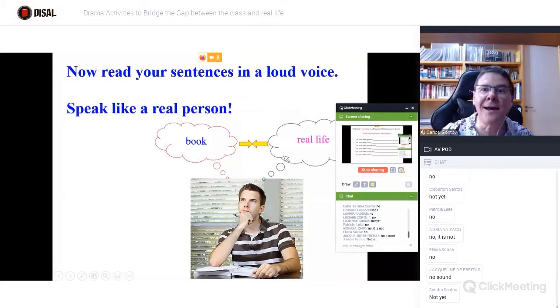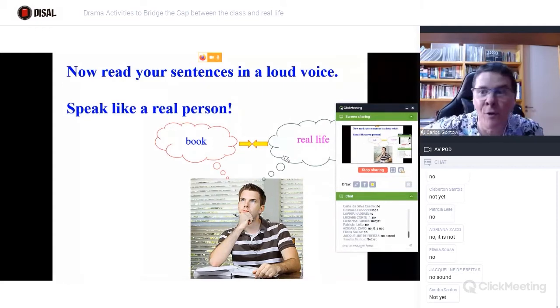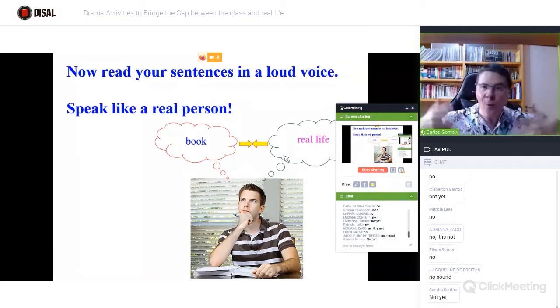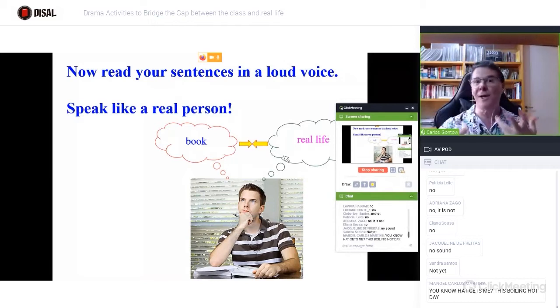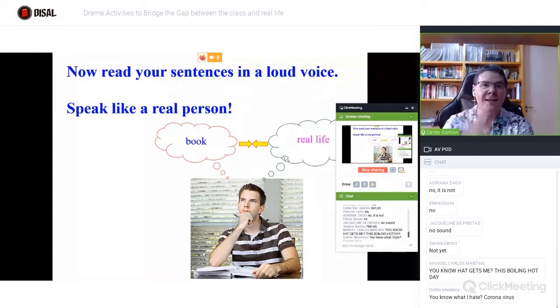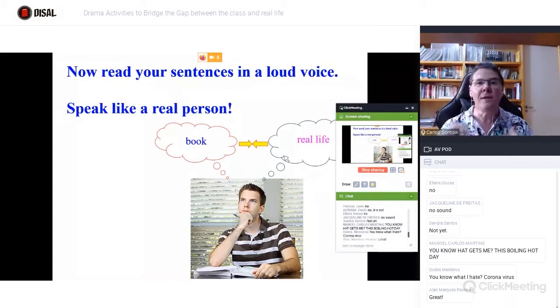The idea here, okay, I'm not gonna give you a lot of time because we have to move on. But in the class, of course, you give students more time. When you do an activity like this in a real class, you can ask one student to read the sentence at a time. You can ask students to read the sentences in pairs, and they try to use the intonation. You can also ask them to stand up and say all the sentences in a loud voice, everybody at the same time. It's a big mess, but it's fun, right?